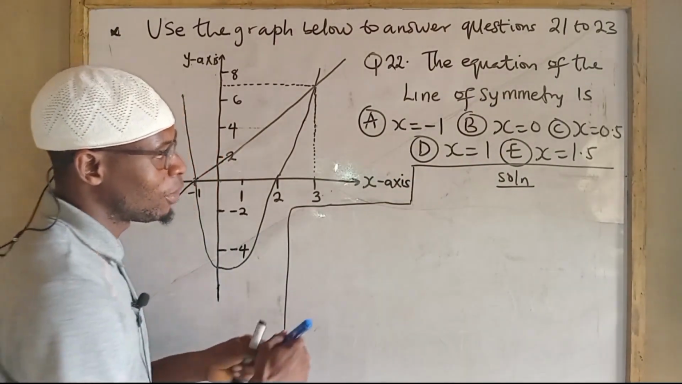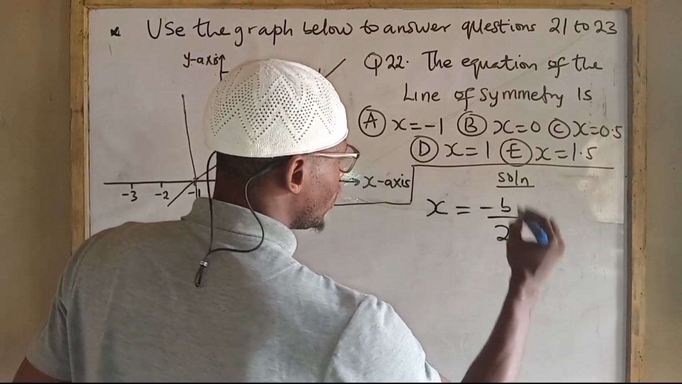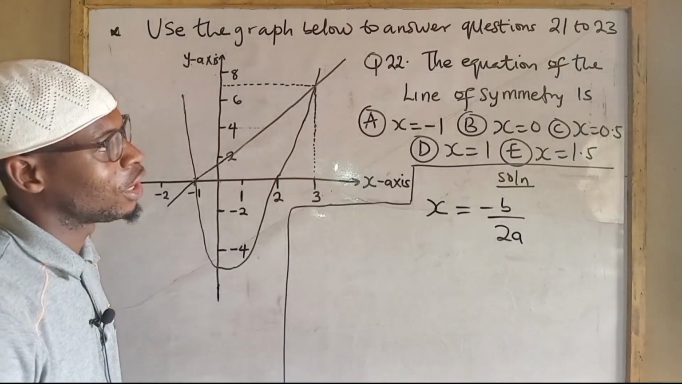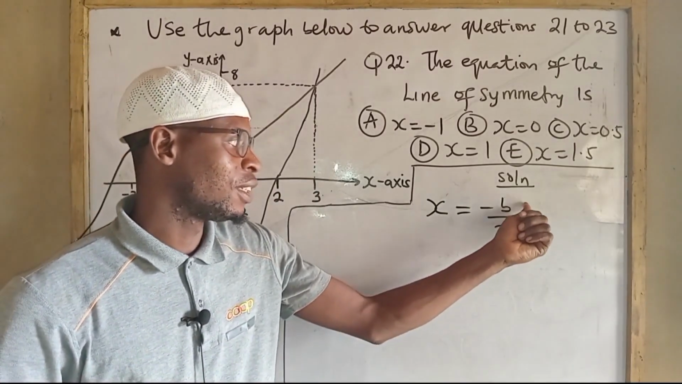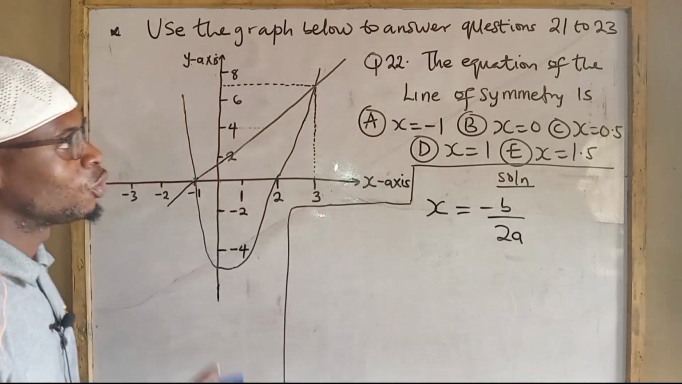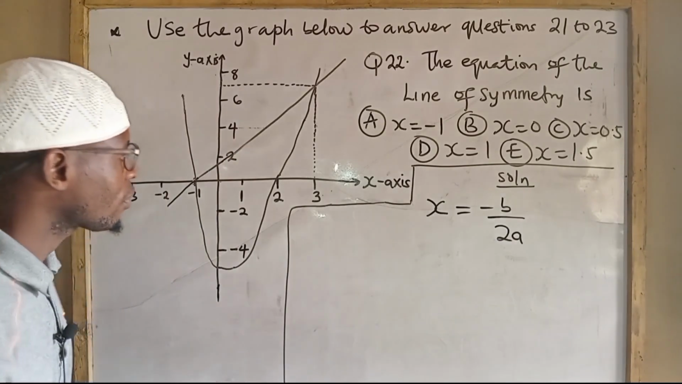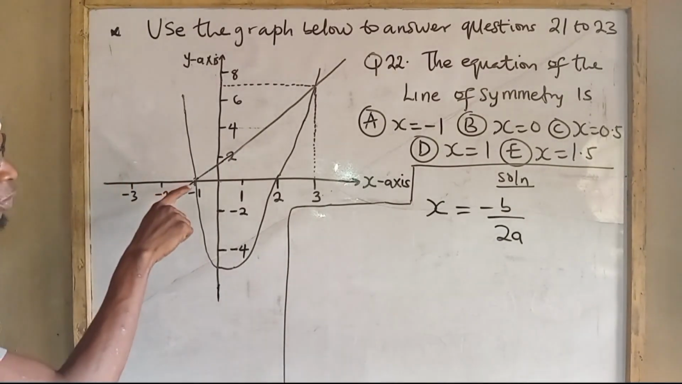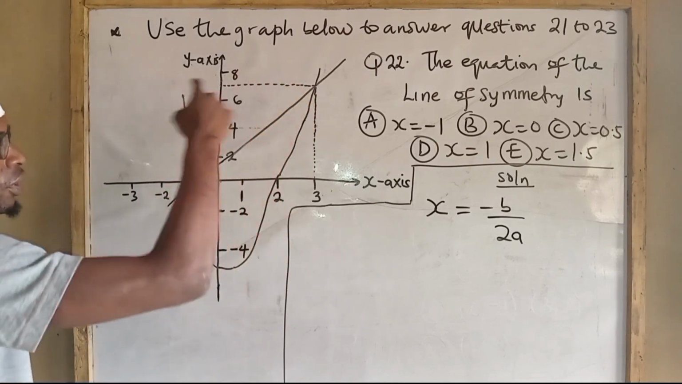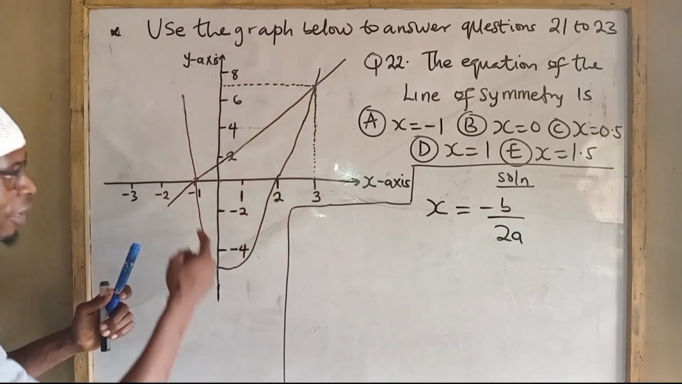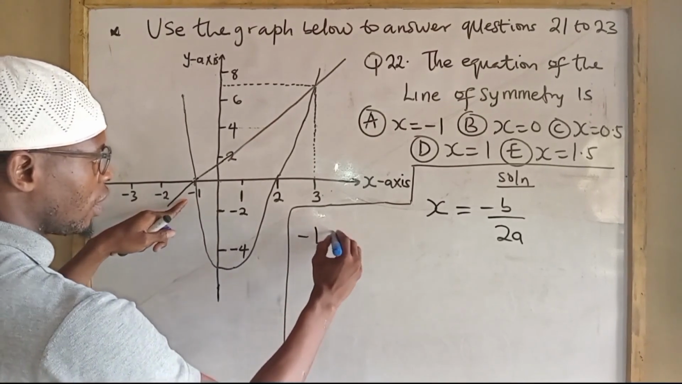The line of symmetry is given by this formula: x equals -b over 2a. But we have a problem: we don't know what a and b represent. So we need to first get the quadratic equation. How do we get it? We go back to this point where the quadratic graph intersects the line. That is this curve here. So it's at -1 and